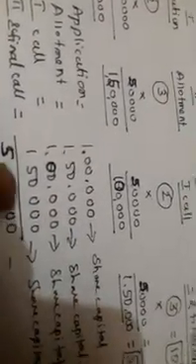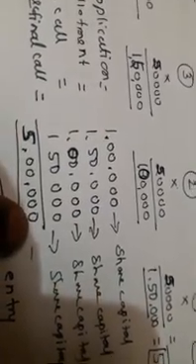Through application 1 lakh, through allotment 1,50,000, through first call 1 lakh, through second call 1,50,000. Totally the company is going to collect 5 lakh from the public by way of issue of shares. Next, we are going to see how we have to pass the journal entries for this application, allotment, first